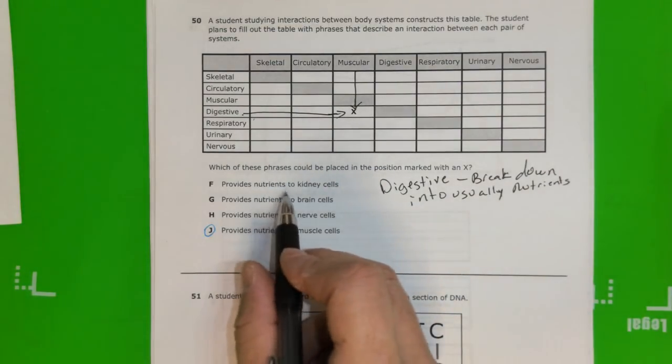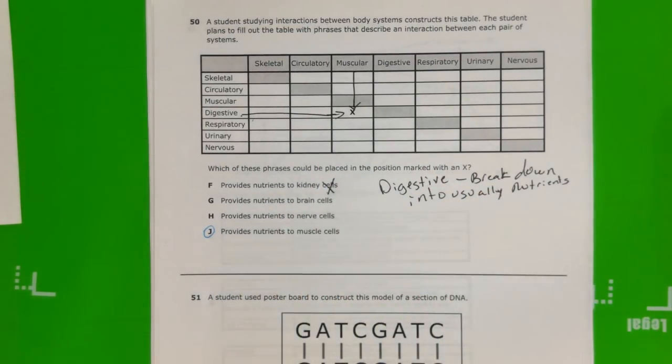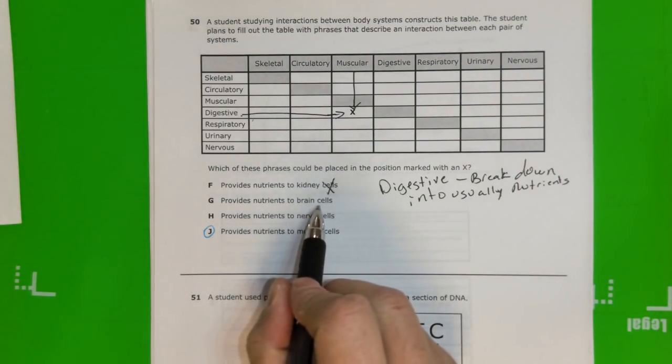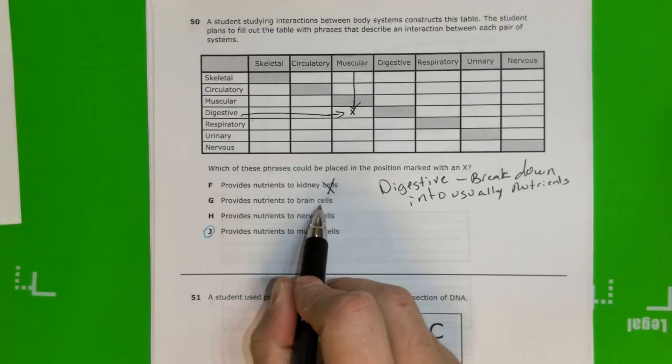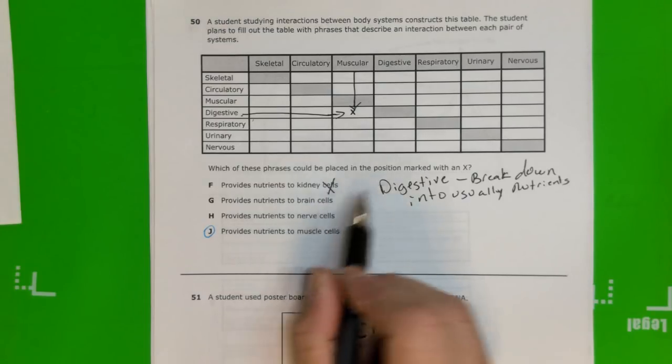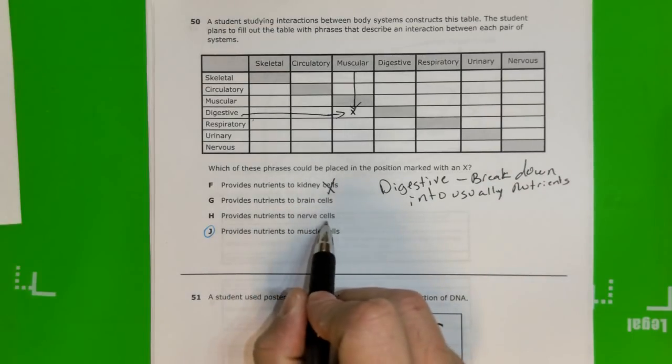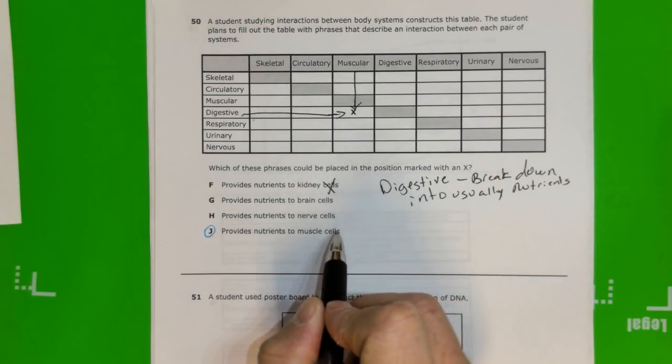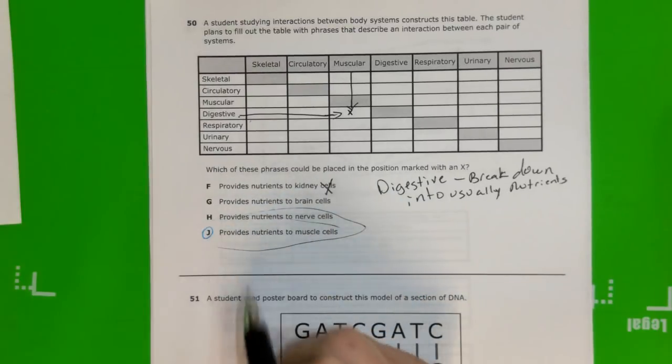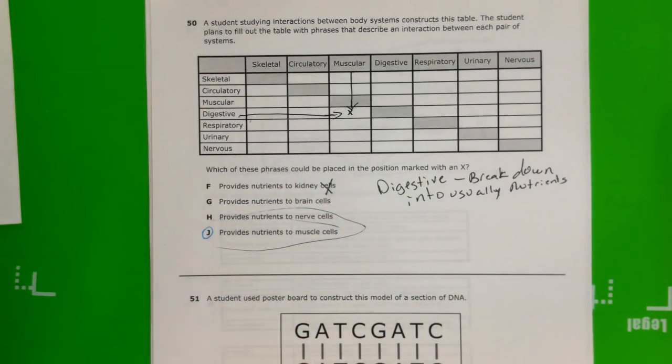So it's not going to provide nutrients to the kidney cells. The kidney cells are actually going to filter out the nutrients, provide nutrients to the brain cells. Well, the brain cells are going to be part of the nervous system, and nerve cells are also going to be part of the nervous system. So it's going to provide it to the muscular system, because that's the only feasible place for it to provide